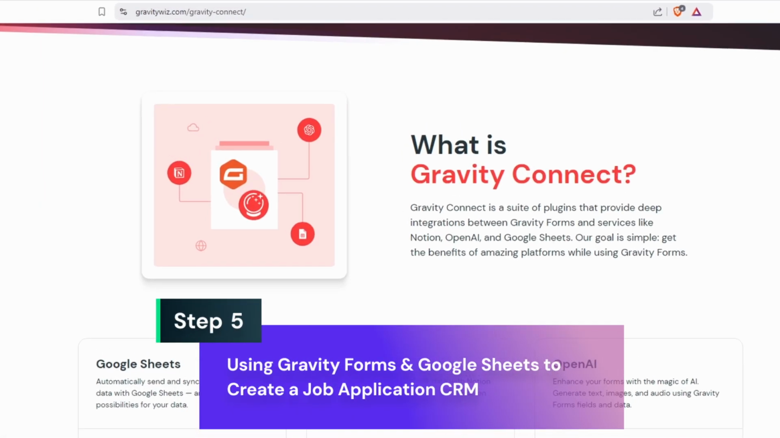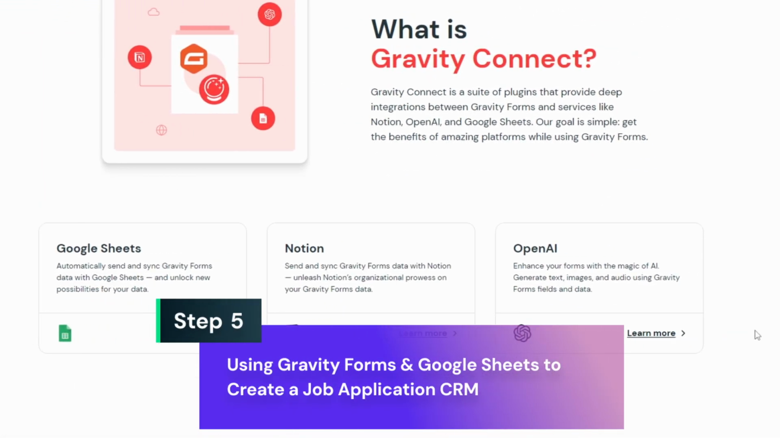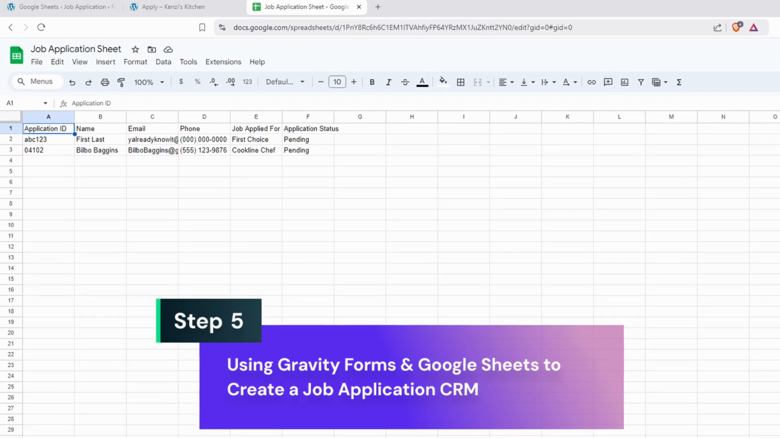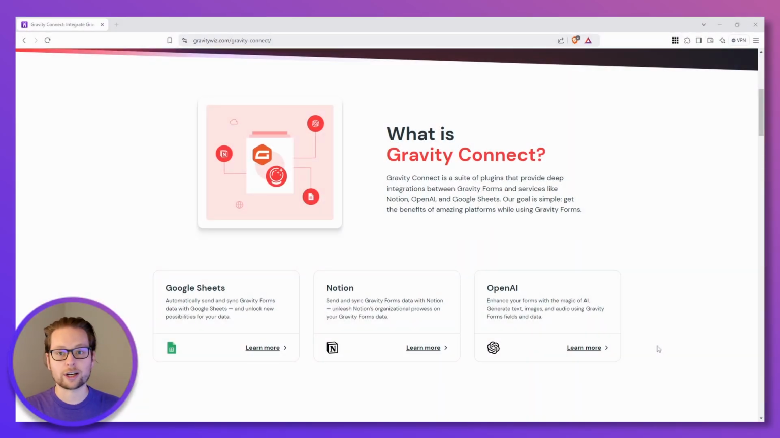In this video, we're going to use Gravity Connect to utilize popular applications like Google Sheets or Notion so that we can consolidate all of the job applications in one convenient location. Let's get started. It's important to note that in this video, we're going to be using Gravity Connect Google Sheets. But I wanted to mention that you can also connect to Notion or even OpenAI to unlock the full potential